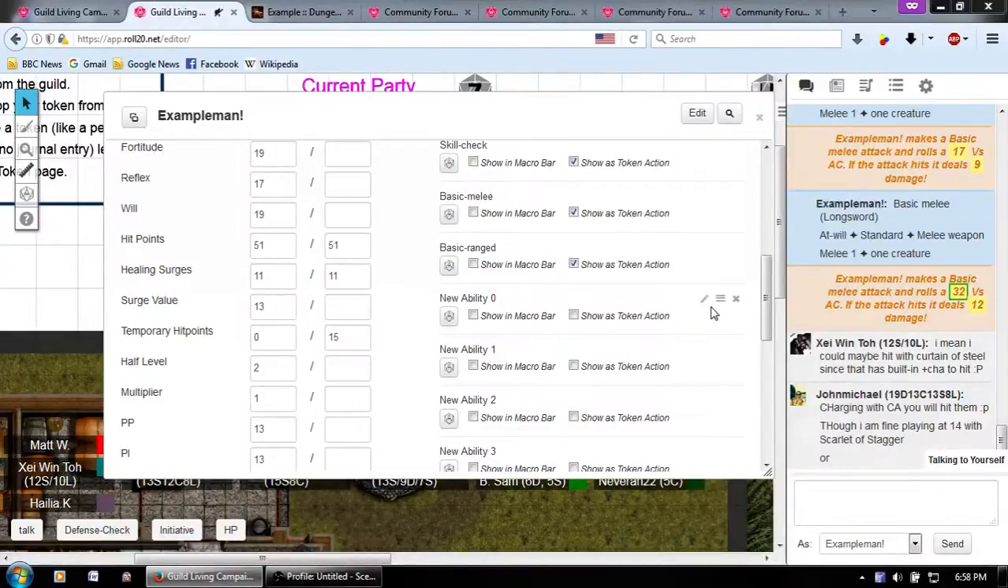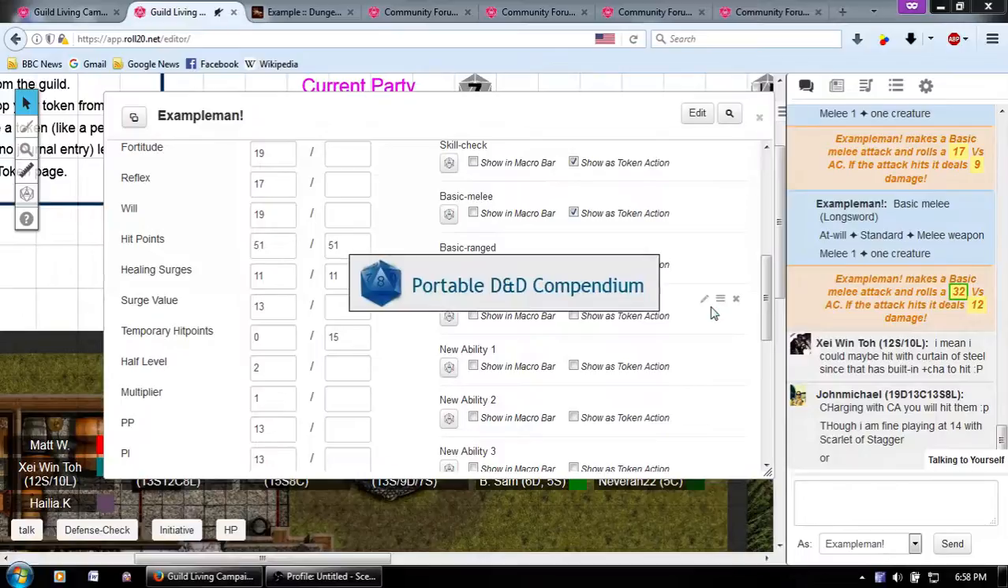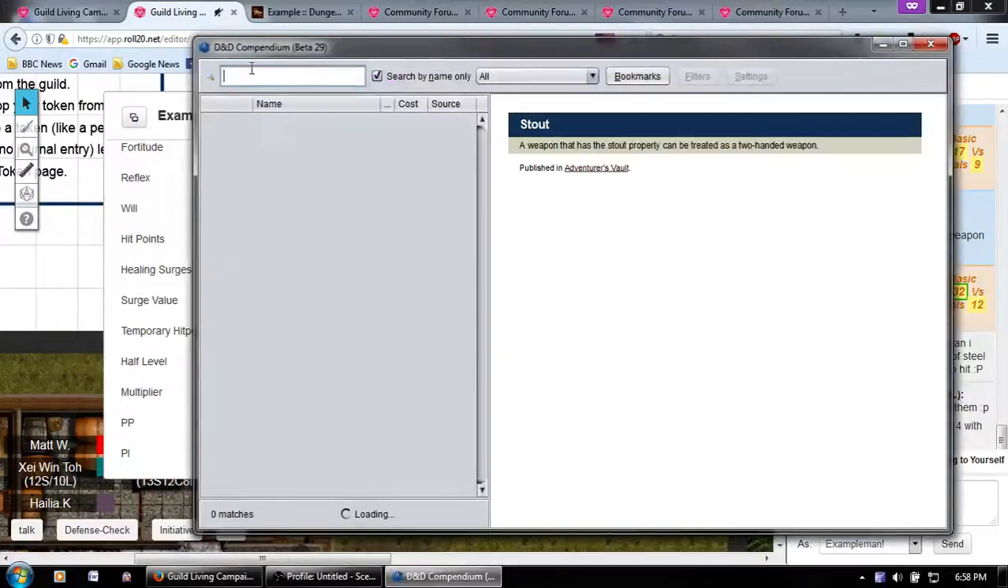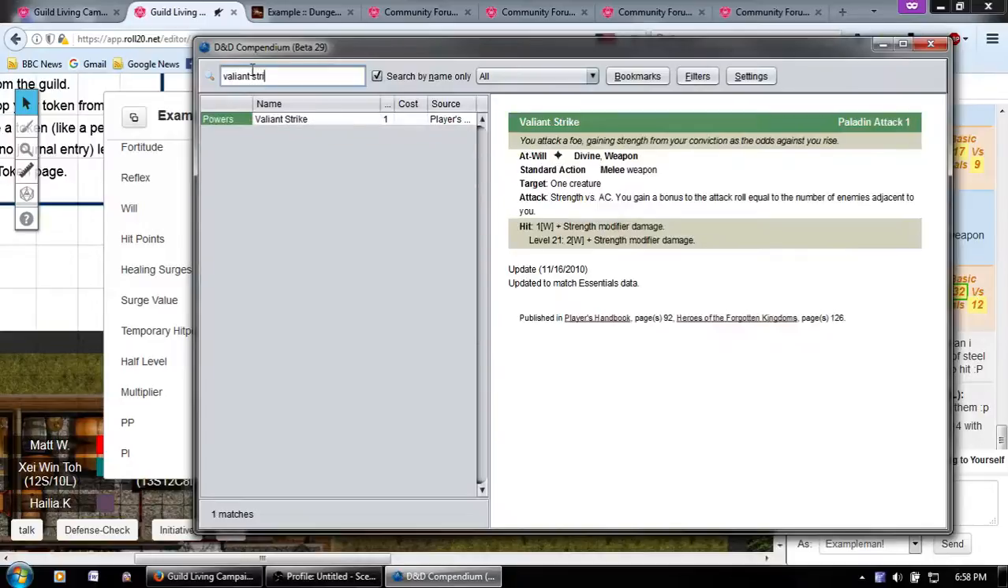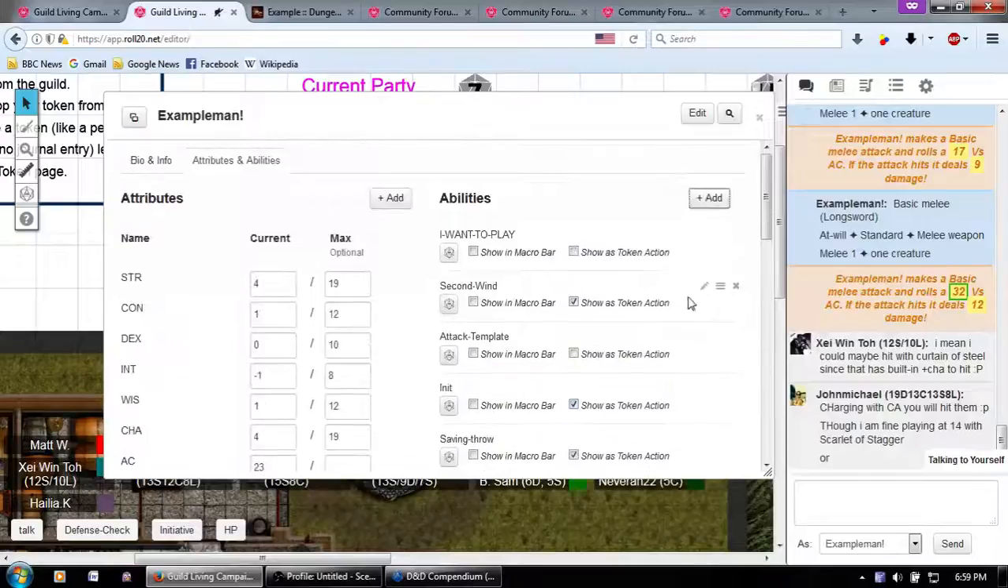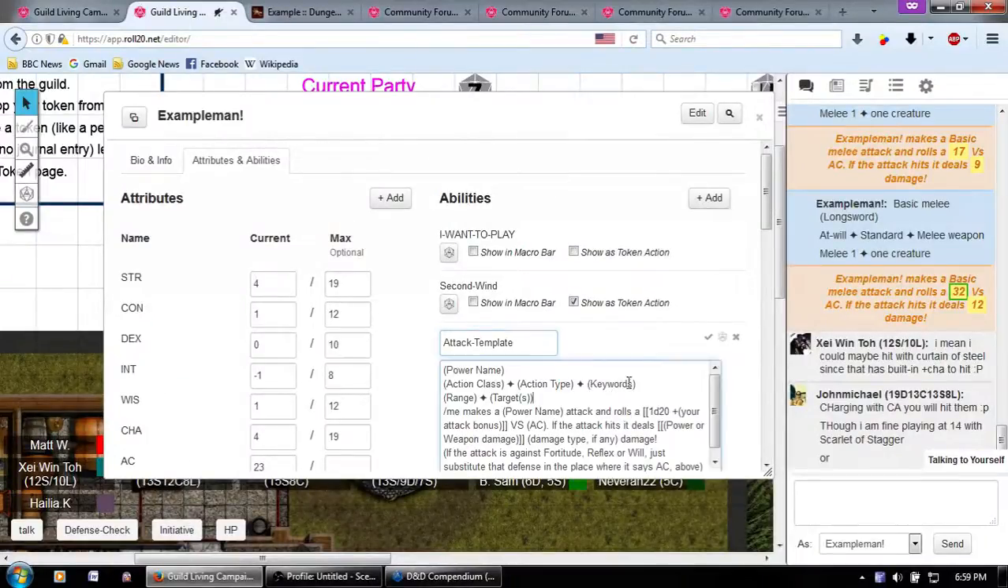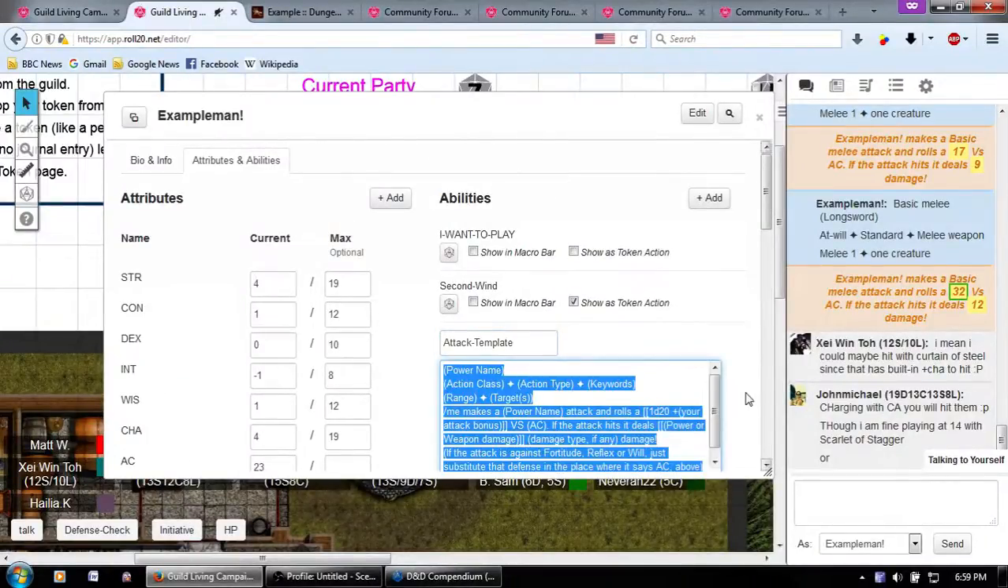Gary hasn't listed any details, but that's not a problem because you have the portable D&D compendium. Okay? And so let's look up Valiant Strike. Valiant Strike is Paladin Attack 1. Right? Strength versus AC. Hit: 1 weapon plus strength damage. Excellent. So what you can do is you can take your attack template, just copy the whole thing,